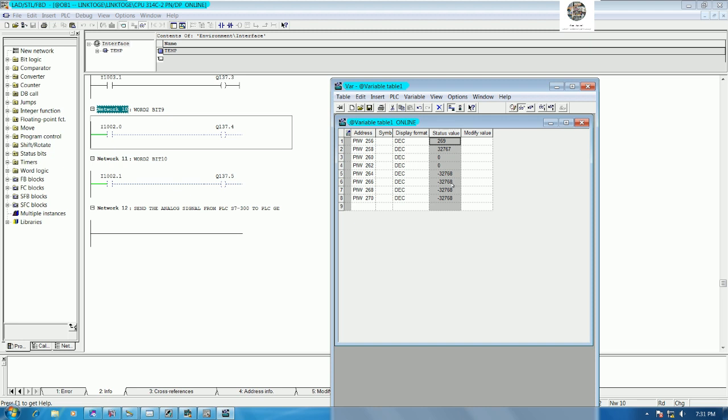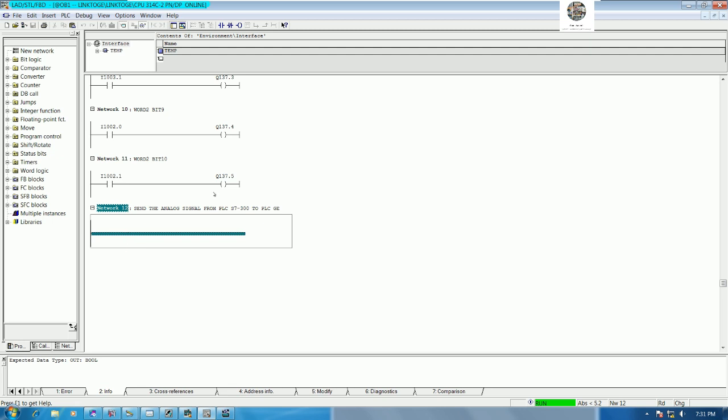I will insert the standard source loop. Okay, and then I will adjust. Okay, let's see the signal here, yeah. So right now I will use PIW256 and PIW266, yes,